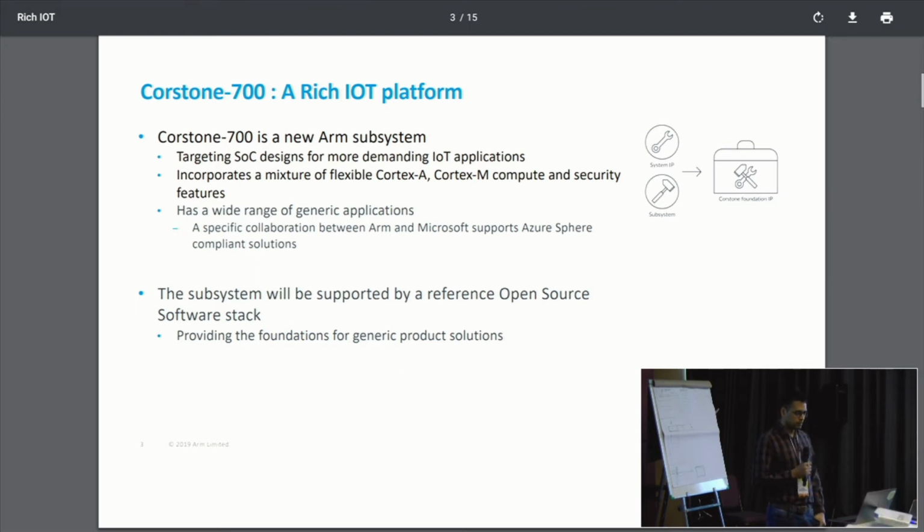It has benefited from partnership with Microsoft, and it supports Azure Sphere client solutions. So it has helped us in making the platform mature and taking into consideration a real product having real security